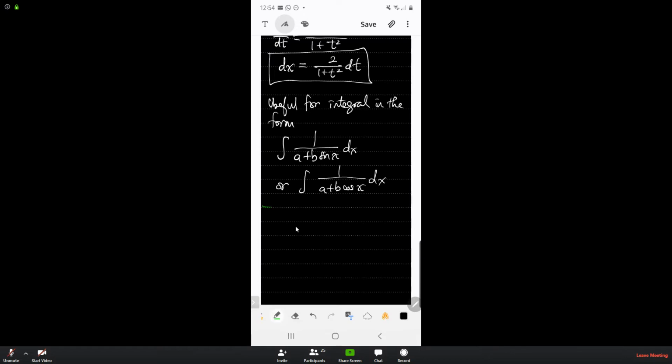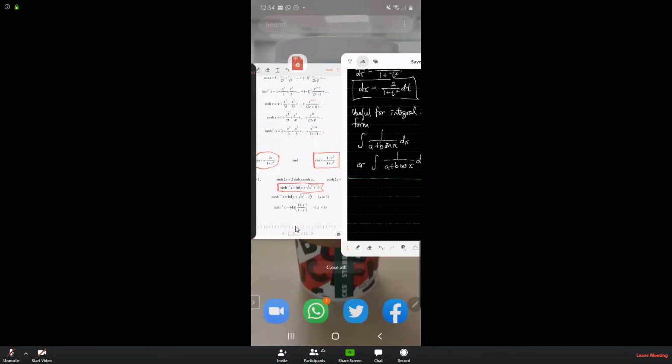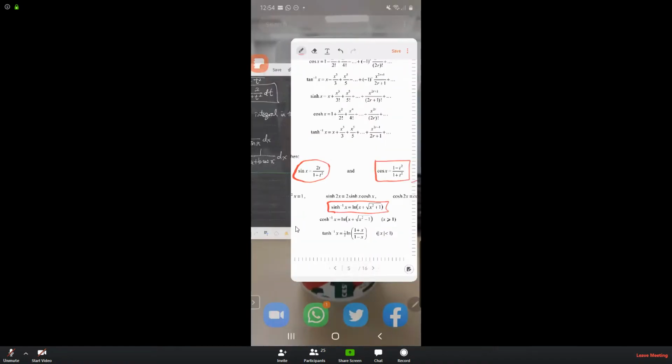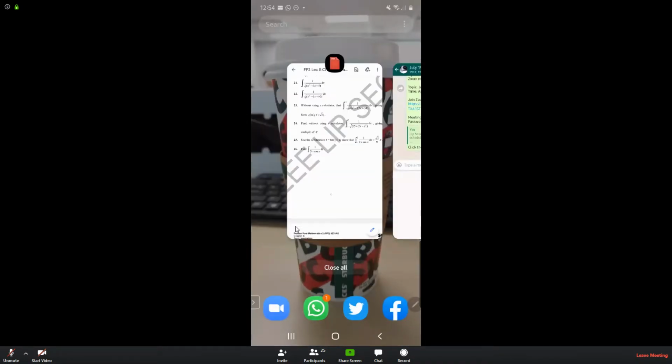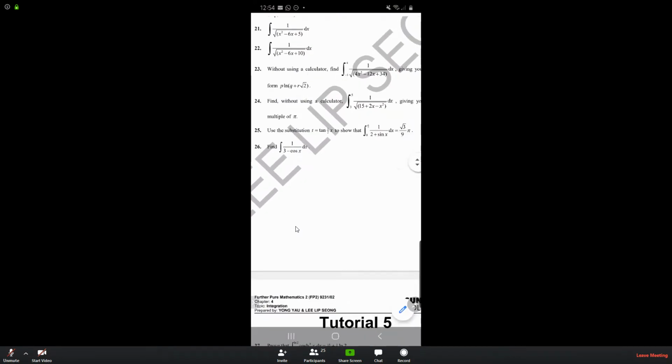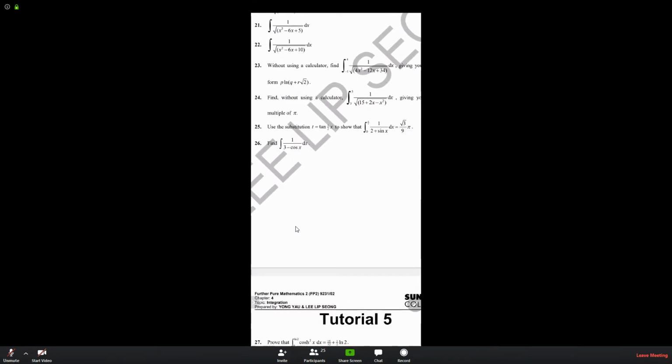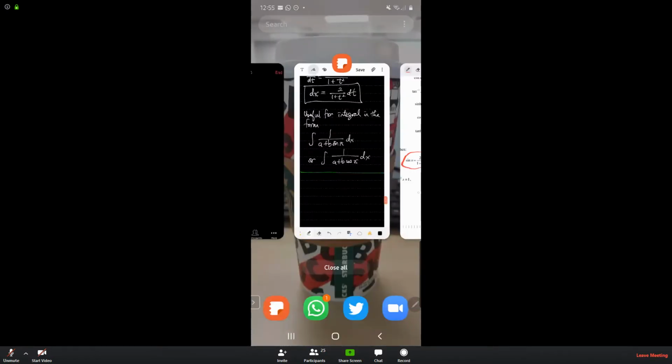So for the example, you can refer to number 25. Use the substitution t equals tangent half x to show that the definite integral of 1 over 2 plus sine x dx equals root 3 over 9 pi. So for question 25,